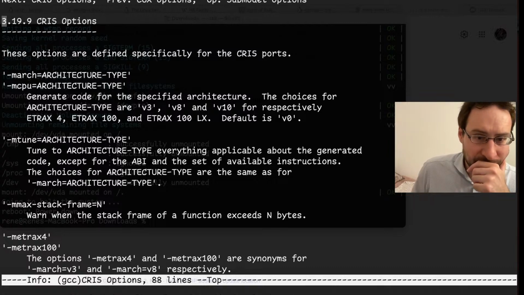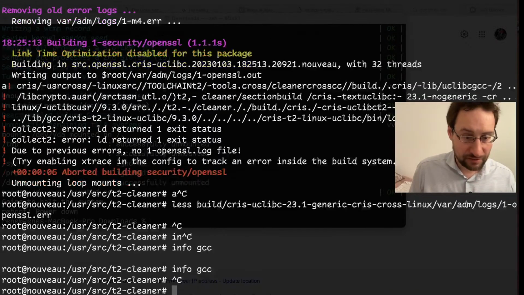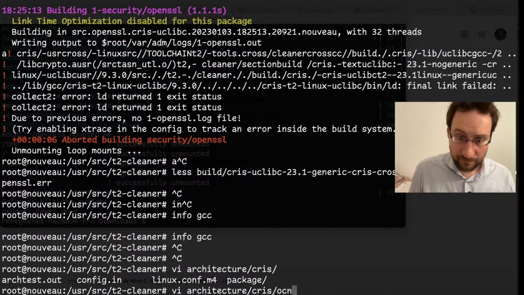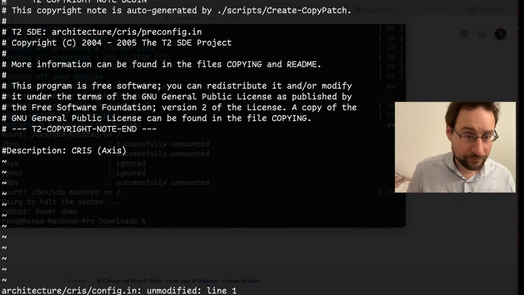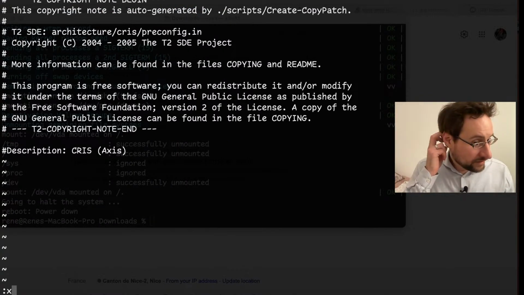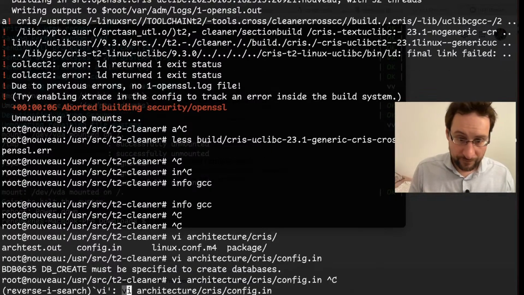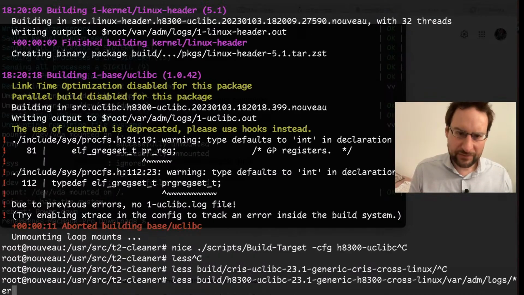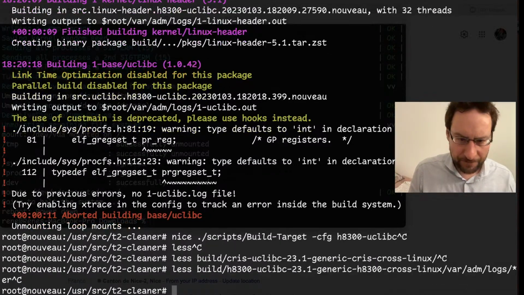What do they have there? Version 3, 8, 10. Yeah, we probably want to add optimization options and hope that this goes away with some higher of those potentially. Do we have those already? CRIS. No, we don't. What other stuff did I just YOLO? Was it LTO? I re-enabled, right? So yeah, maybe some new CPU implements this and this magically goes away.